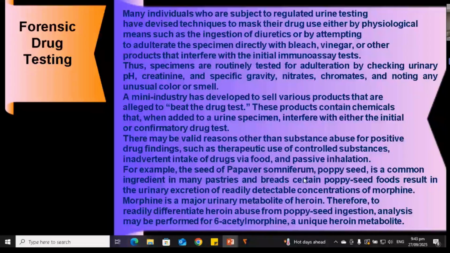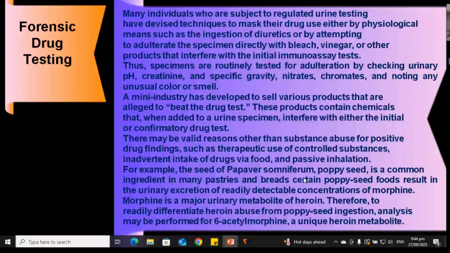They will try to mask. They will adulterate the specimen. They will change the specimen. Many times it comes in the news that the specimen itself was changed. If the specimen is changed, we can't get a good result, we can't find the culprit. So they are adulterating the specimen itself. If they put bleach or vinegar, it will really hamper the immunoassay test, and we will not get the result we want, or some criminal or culprit will escape through this adulteration or changing of